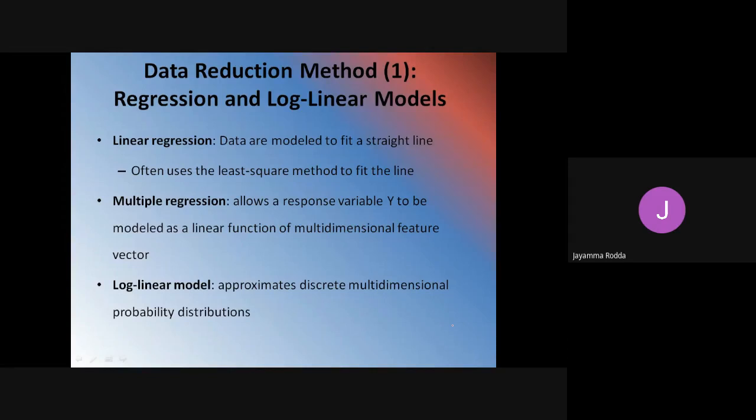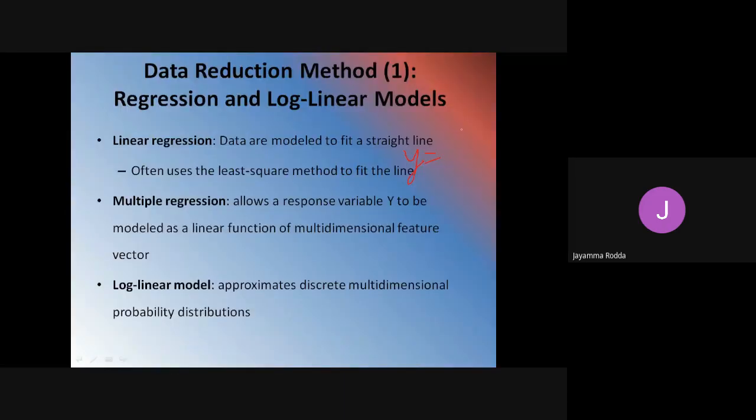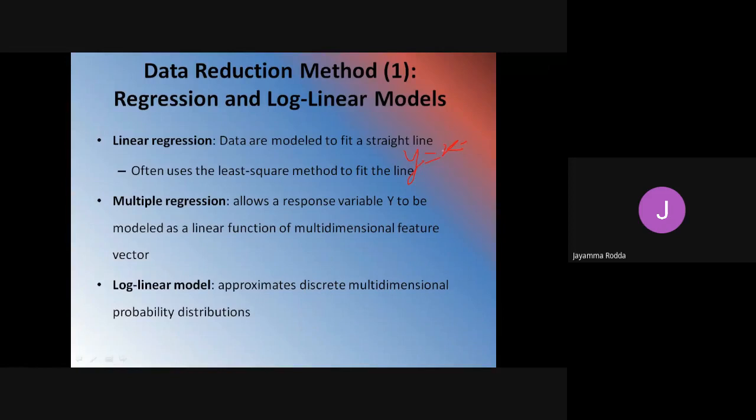Y is equal to the rate of the car, the cost of the car. Based on this, you are going to decide whether you can buy the car or not.